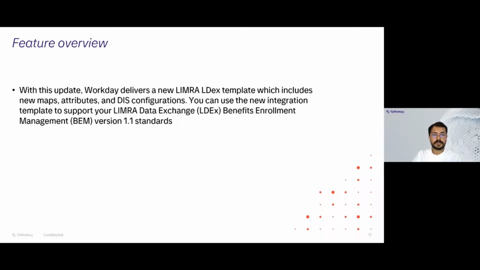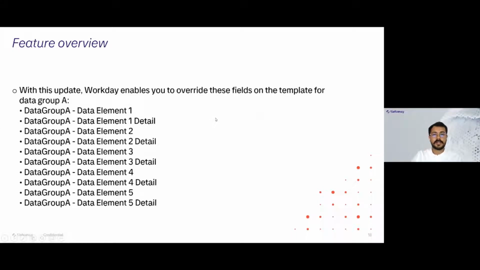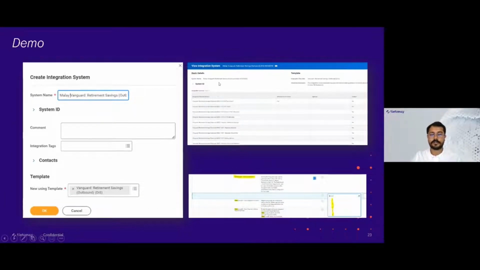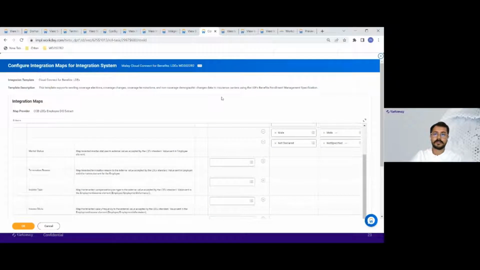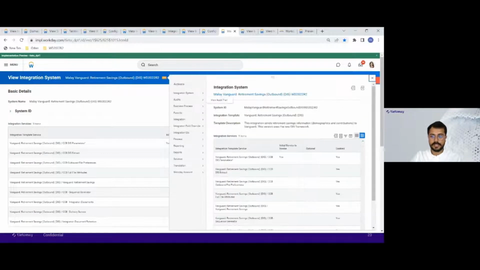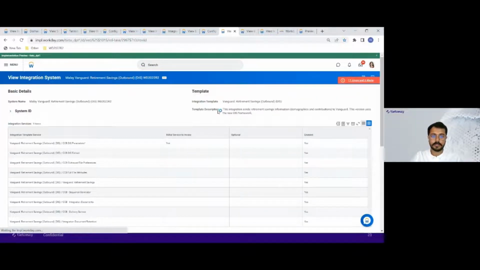Moving on to the other template, that is Vanguard Retirement Savings. In this template, they have overridden these fields on the template for data group A. I have also created one of them and attached the screenshot. So here is the screenshot. It is for your reference so that you can come back and see. Let me show you in the tenant. Here is the Vanguard. Although it has a lot of errors because the GMS tenant was not having a few of the configurations. So if we go here,